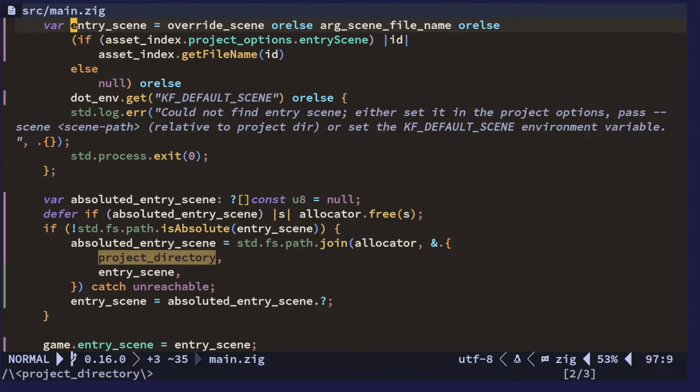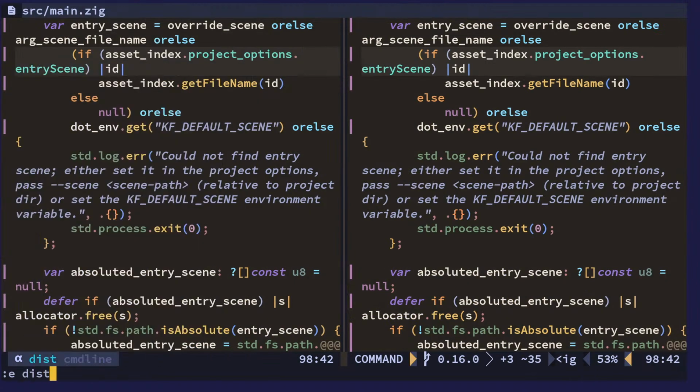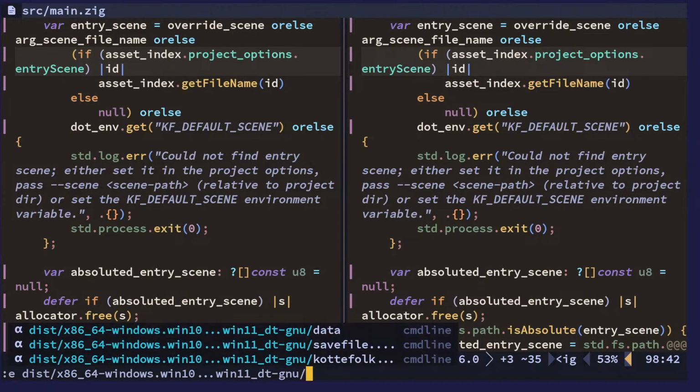What's weird though is that the override scene worked. But okay, we have the scene is either override or argument from arguments, or the enter scene from project options, which corresponds to